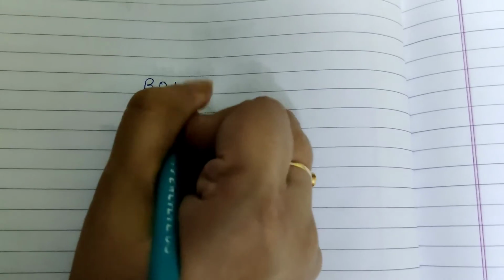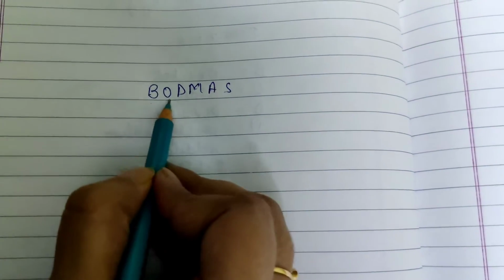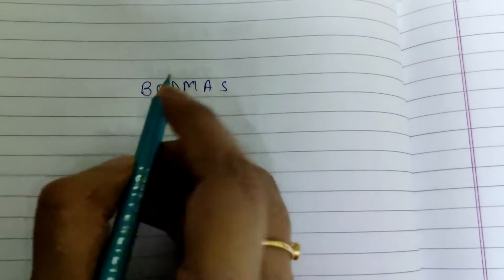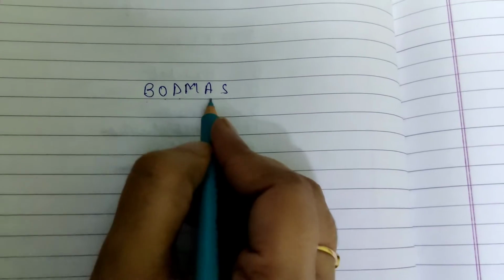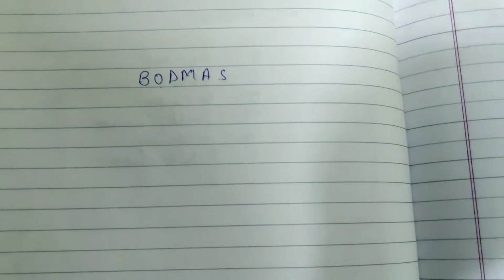So guys, today we are going to learn about the BODMAS rule. I uploaded a shorts also on the full form of BODMAS. It's bracket, order, division, multiplication, addition and subtraction. But still many of the children do face a problem in solving how to do BODMAS. So I'm going to solve a question and I'll tell you the way of doing it.